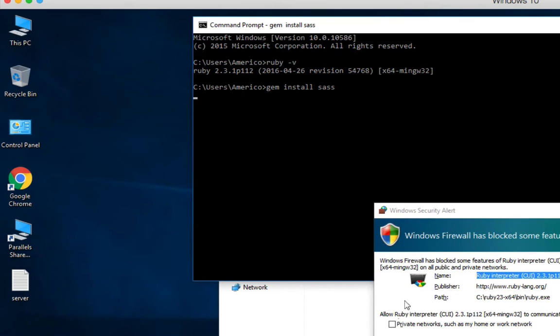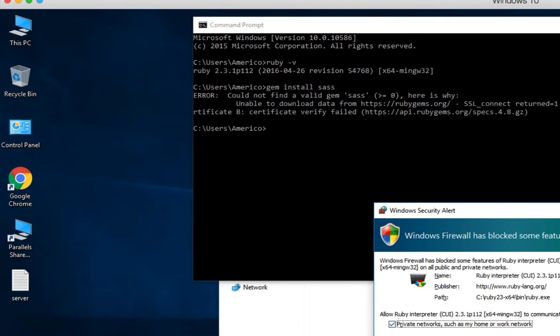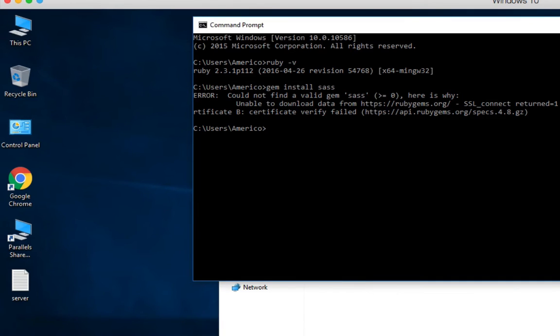If I press enter and accept this, I will get this error. It says that it cannot find the Sass gem. It also says there is something strange with the certificate, and that is because we are trying to connect to an HTTPS server. I don't know why it happened,